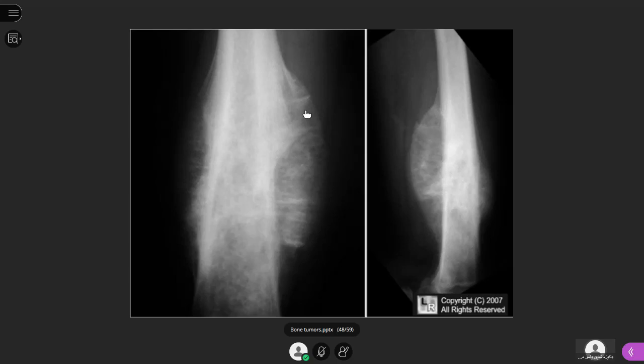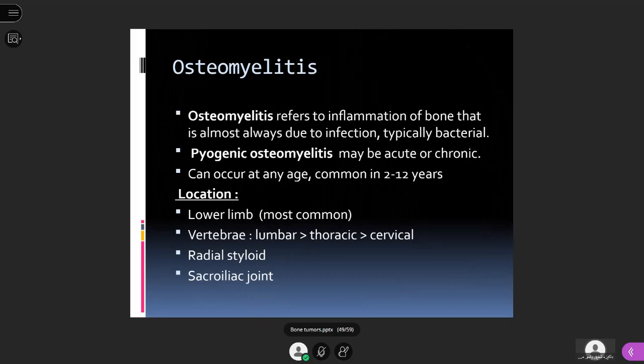So the radiological differential diagnosis of Ewing sarcoma can include osteosarcoma because of the same age group and the same radiological appearances. Although osteosarcoma arises from the metaphysis mostly, the metadiaphyseal region, Ewing sarcoma arises from the diaphysis. But the clinical features resemble more of infection, acute infection. Okay. So these are the two differential diagnoses.